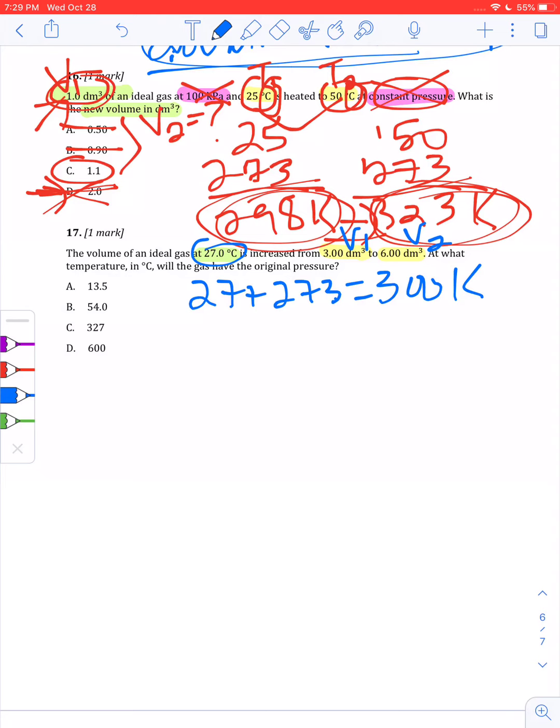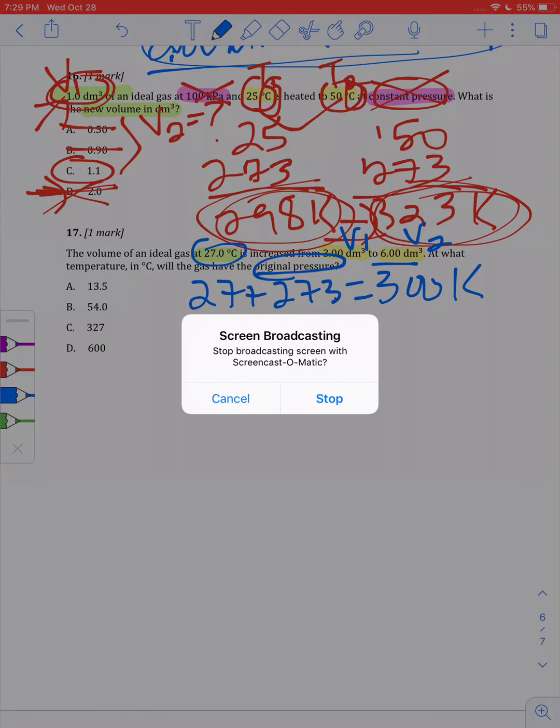So we have 300 Kelvin here, and then we have V1 and V2, and it's doubling because it went from 3 to 6. And so in order for the original pressure to stay the same, that means that the temperature would have to change enough that the volume wouldn't affect it. And so if I think about this, okay, excuse me,